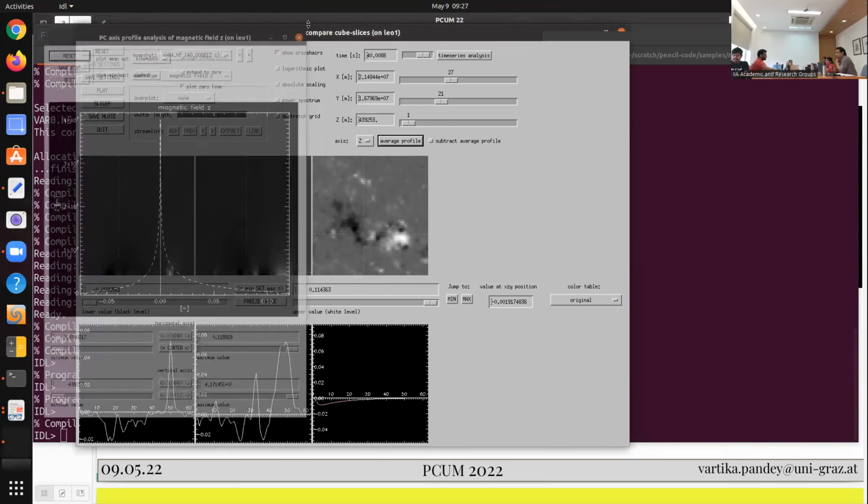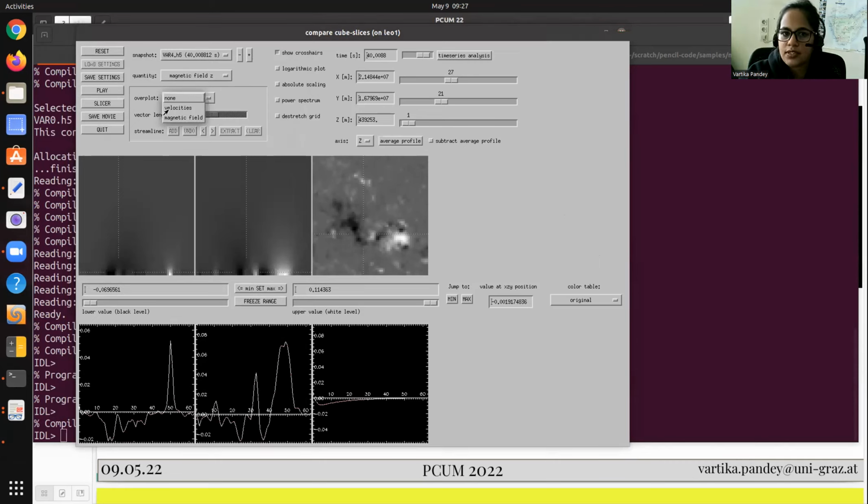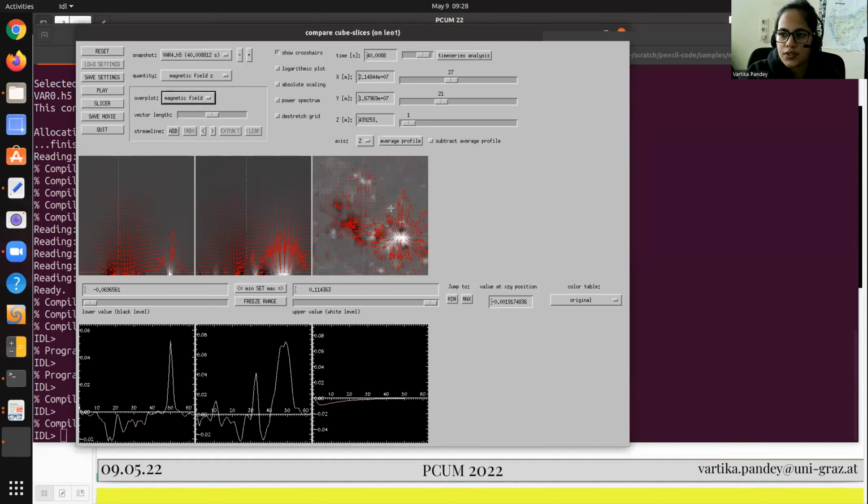Yeah. Okay. And you can also select options like above this magnetic field, you can overplot the magnetic field lines, showing which direction they are going. Is it going outwards? Is it going inwards? You can select the vector length, increase or decrease it, and then show how the magnetic field lines are varying. Now, if I remove it,